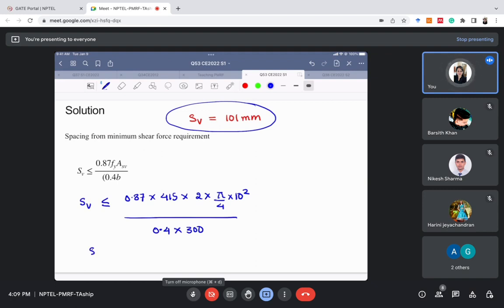So we get the value of SV in this case as, please calculate this for me. I'm also calculating. Let us see. So I'm getting it as